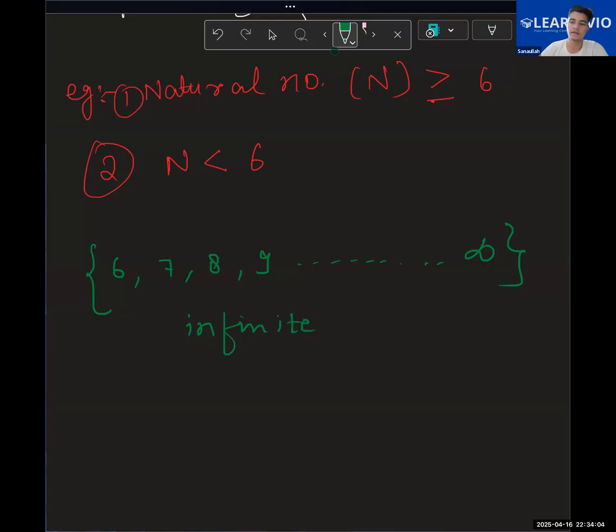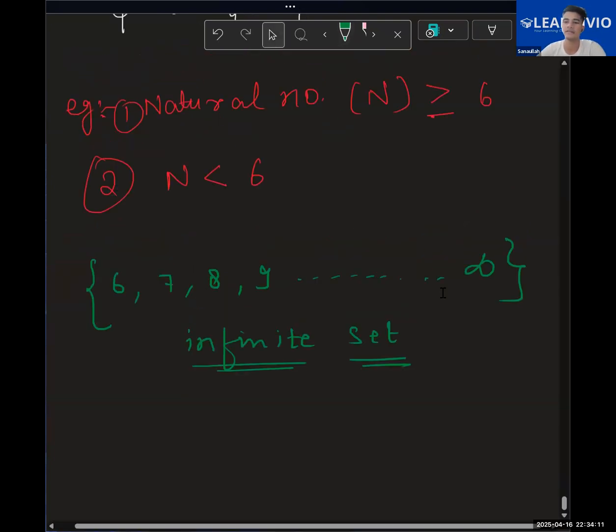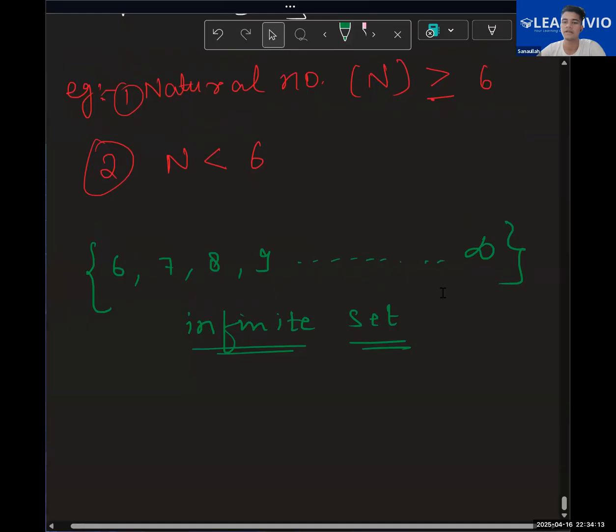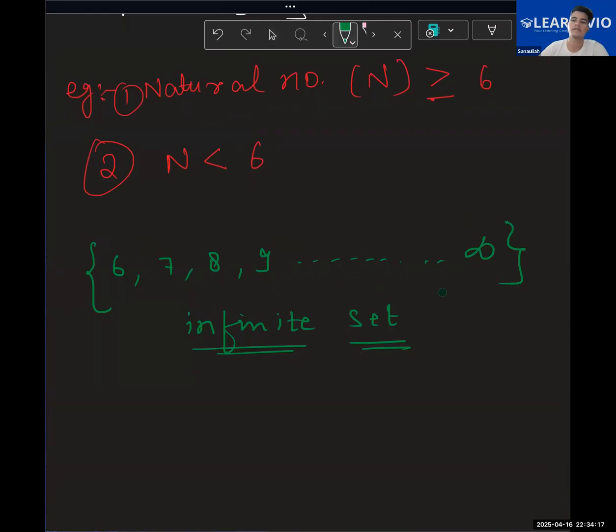right? So is it clear to you why this is an infinite set? You were saying finite, then infinite, then finite. Now it is clear to you why this is an infinite set. Yes, sir. So this is an infinite set, right? Now if I talk about the second one,